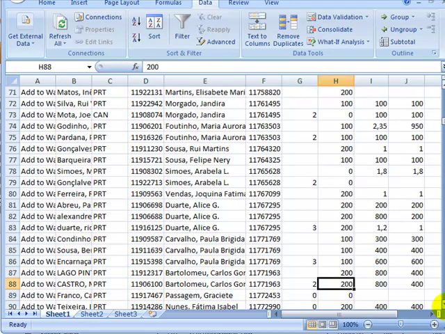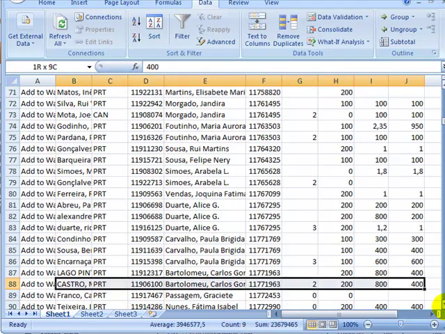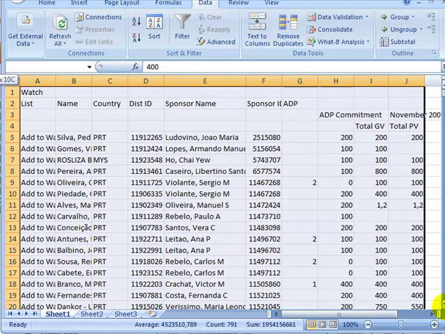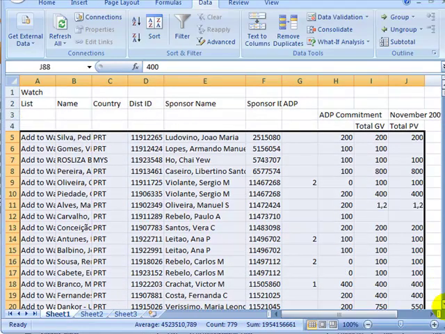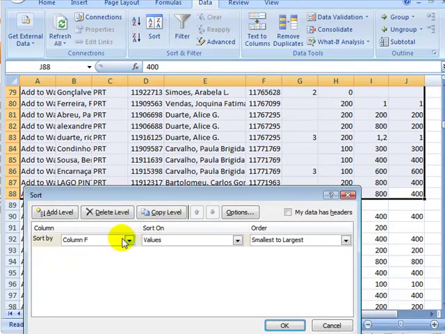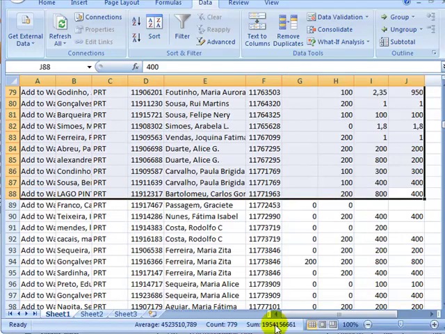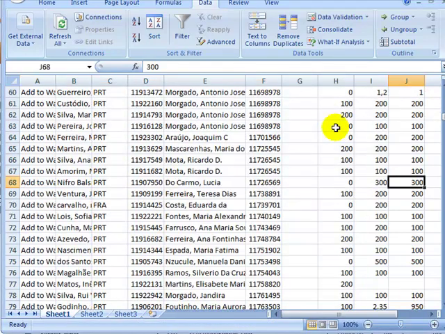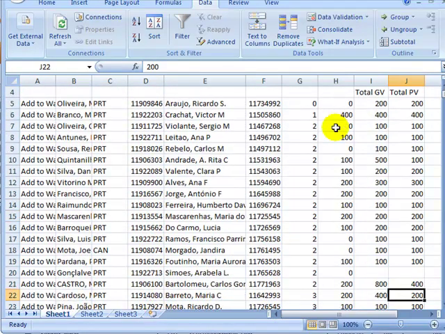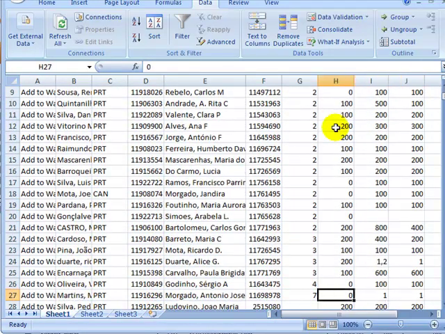So after you put all the numbers, that's why it's a lot of work, because of 1000 people, we did 88. You select everyone, and now you're going to sort by this column, by the number that you chose. So sort by G, right? G. See? So the top ones are the people that signed up more. So now you need to see which country they belong to. Okay, all these